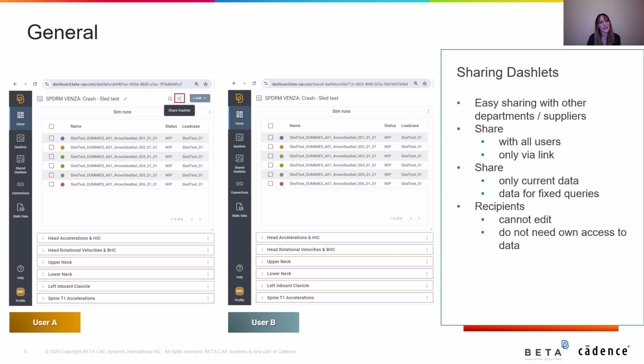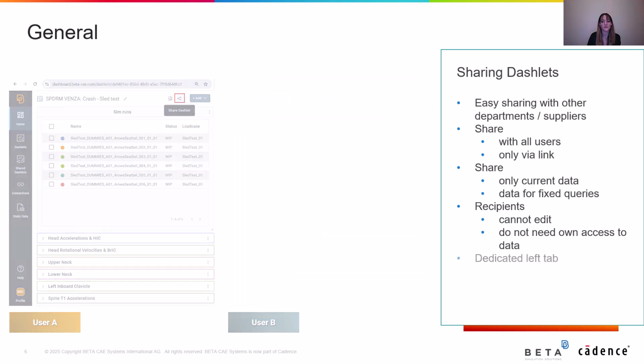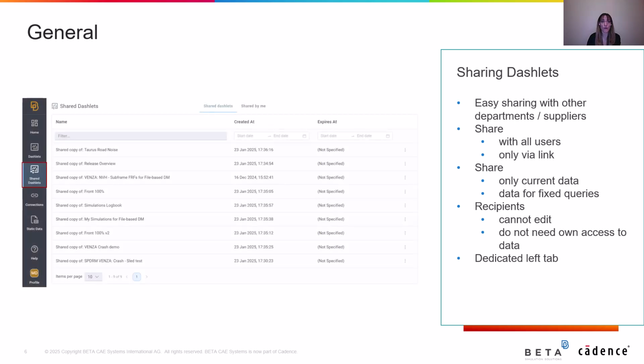The second option is that the user, when sharing, can allow display of only current data. This option restricts access only to the data displayed in the Daslet at the time of sharing, so new entries will not be allowed. Furthermore, the shared Daslet is not editable. Sharing is achieved without the need for recipients to actually have the connections to access this data, but as mentioned previously, at the same time, no further access to data is permitted. A dedicated tab is offered to view the datasets that have been shared.